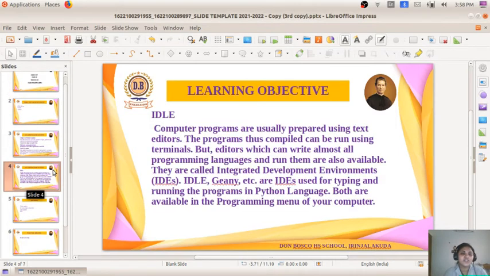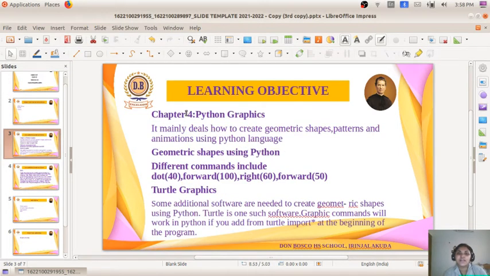So in this session we will be starting the next chapter, chapter 4, and the name of the chapter is Python Graphics. You all must have heard about Python. You had a lesson on Python programming last year, so you will know about the Python language. This is the continuation of that chapter.